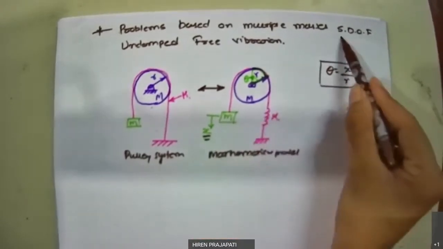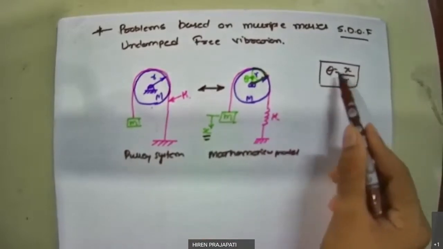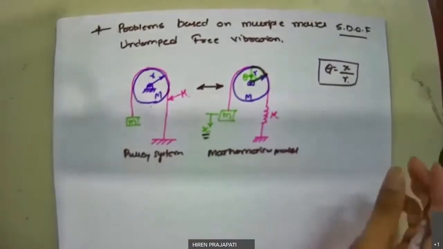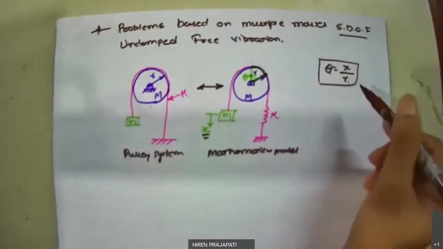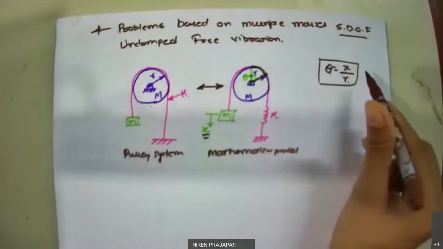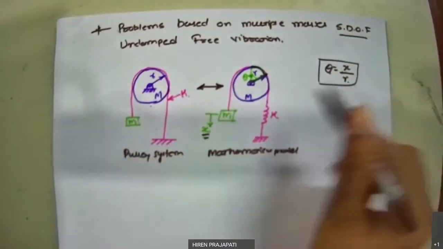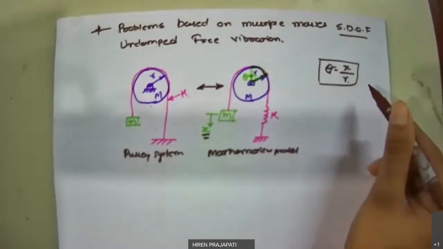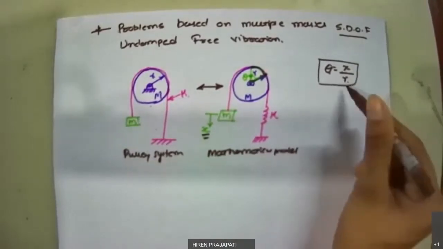That's why it is called a single degree of freedom system, because these two are not independent. They are dependent through the radius of this pulley, small r, right? So I hope it is clear why we are calling this type of system a single degree of freedom system. Still we have two masses, but yet we call this a single degree of freedom system, because they are linked by radius r.